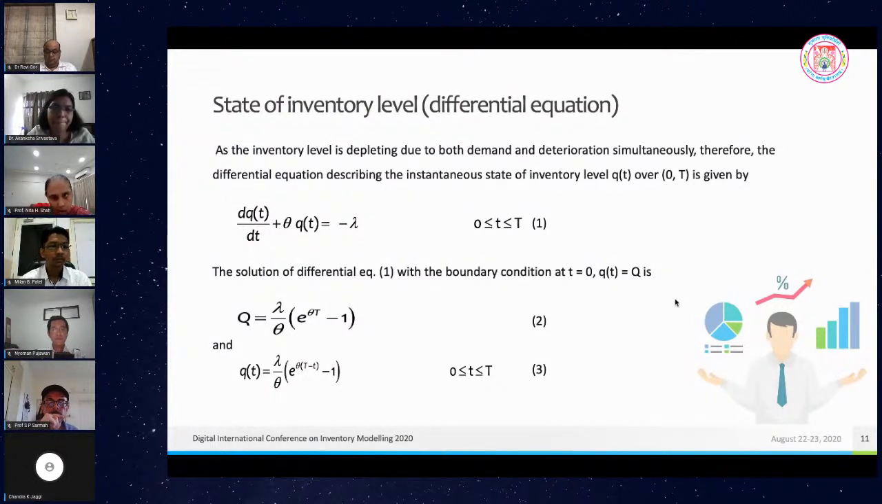Here we put the differential equation that Q(t) is the quantity, the inventory level at time t, and how it gets depleted with the deterioration as well as with the demand. And Q(t), this is the inventory level at time t, which we try to find out, where t is between the